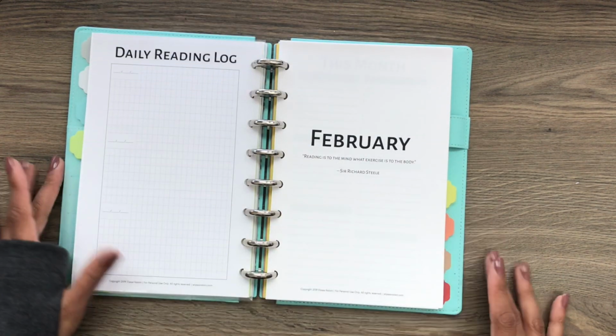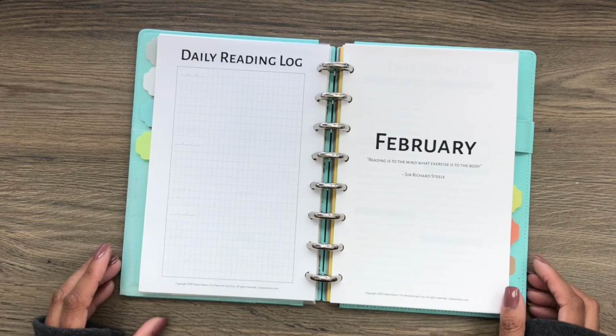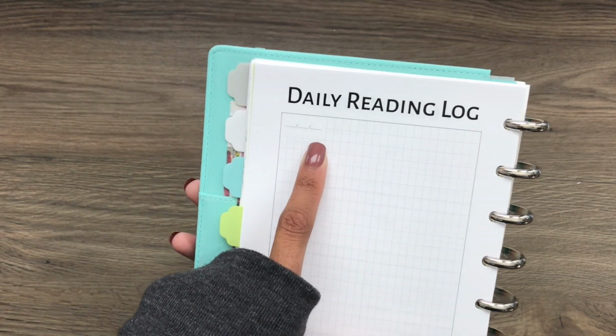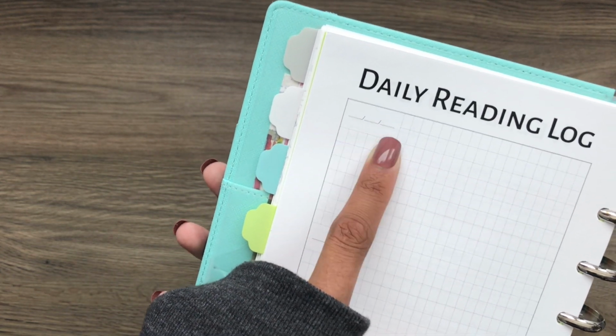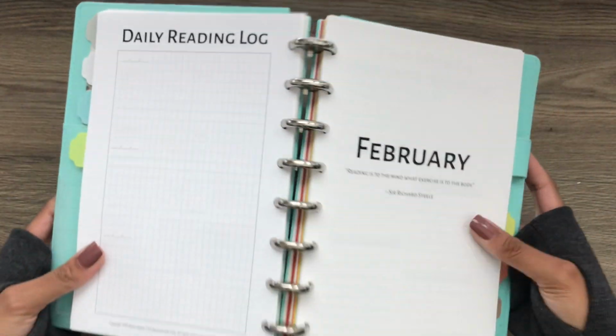And then for the daily page, I did this, and I don't know how well it's going to show up on camera, but it is a grid. Okay, here we go. At the top here, you have a little space where you can write the date in, and then there are 3 of them per page. So if you just want to jot down notes